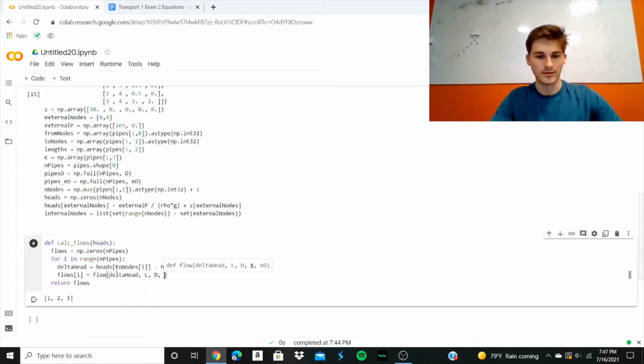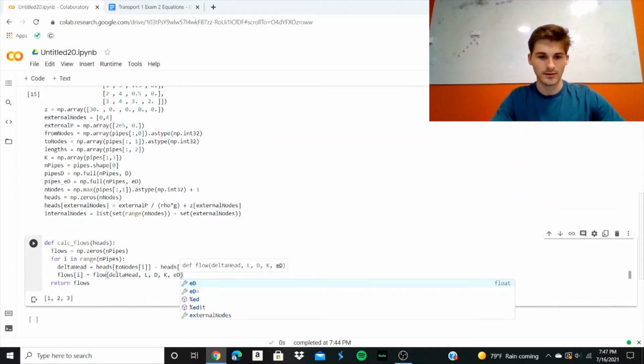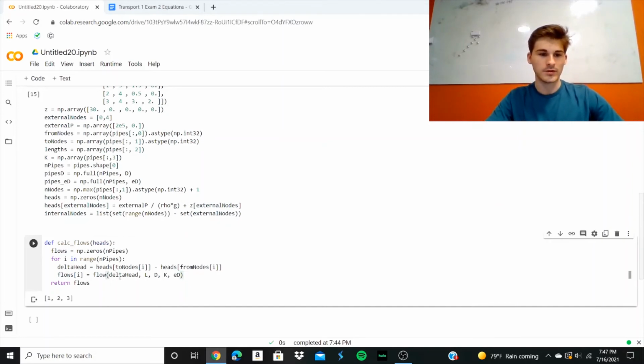So L, D, K, and E over D are relative roughnesses. But we need to do it for each individual pipe here, right? So we need to find not just L, but the length of that particular pipe. So we need to use our lengths list that we've defined